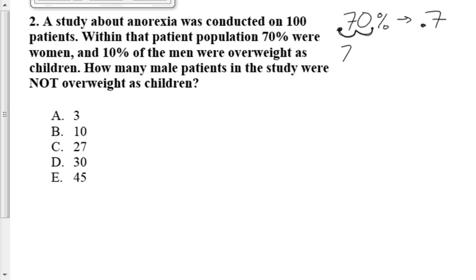Another way is to turn the percent sign into 0.01. So it'd be 70 times 0.01, which if you did that in the calculator, you'd get 0.7. Another way is to turn the percent sign into 1 over 100, which likewise would give you 0.7. So these are 3 different techniques you can use to turn that percent into the number that you can